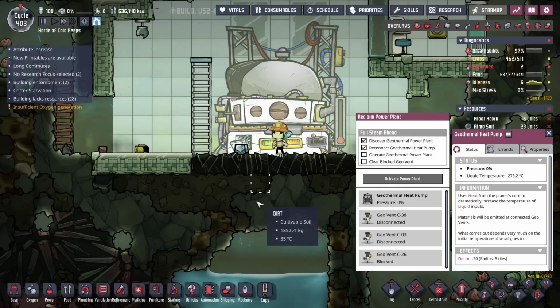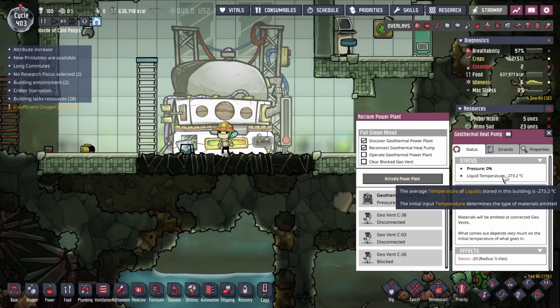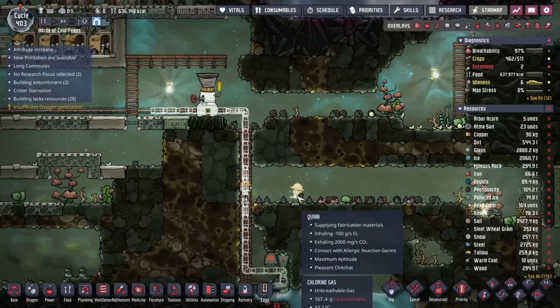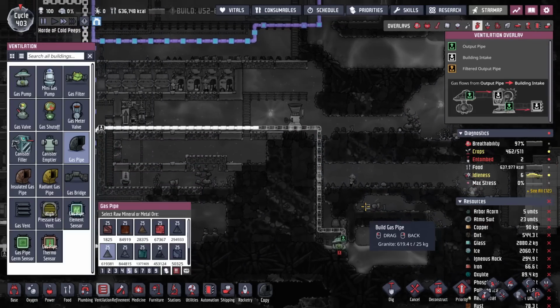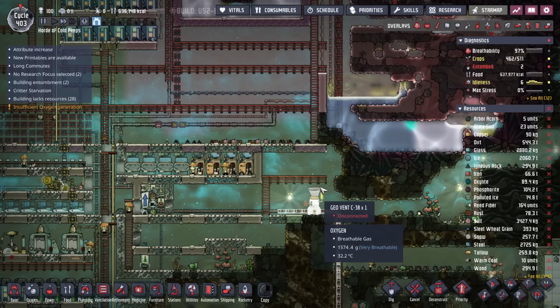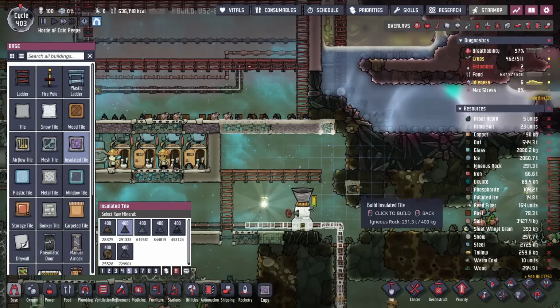Okay. So, we have to wait until... what do we need, actually? Liquid temperature is now negative 273.2. The initial input temperature determines the type of materials emitted. Okay, that's interesting. The vents themselves, we're going to need to rebuild around this a little bit and put some steam turbines up because I'm guessing a lot of steam is going to be coming out of this. So let's do this. We're going to need to probably wall all this off with